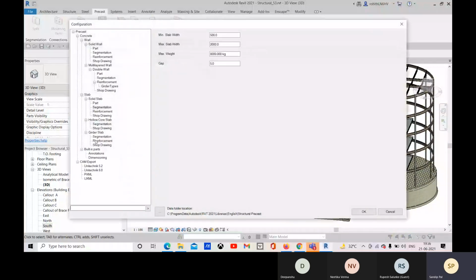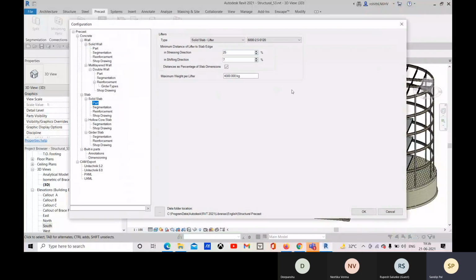Let me check in the configuration there. The part, this is the solid slab lifter.